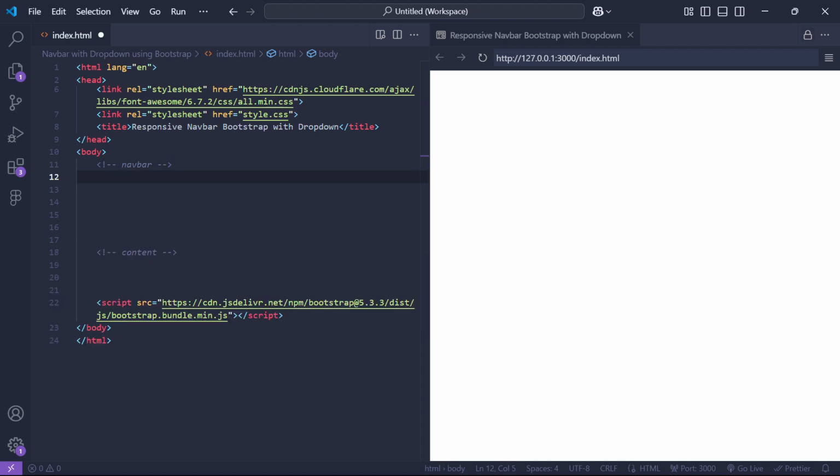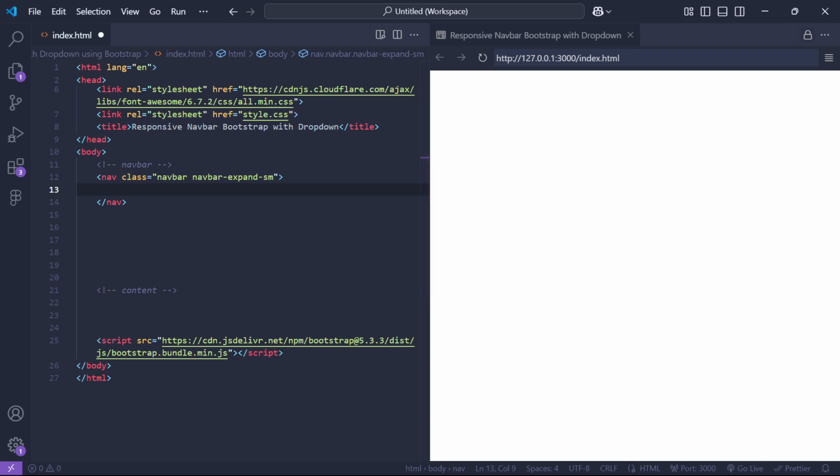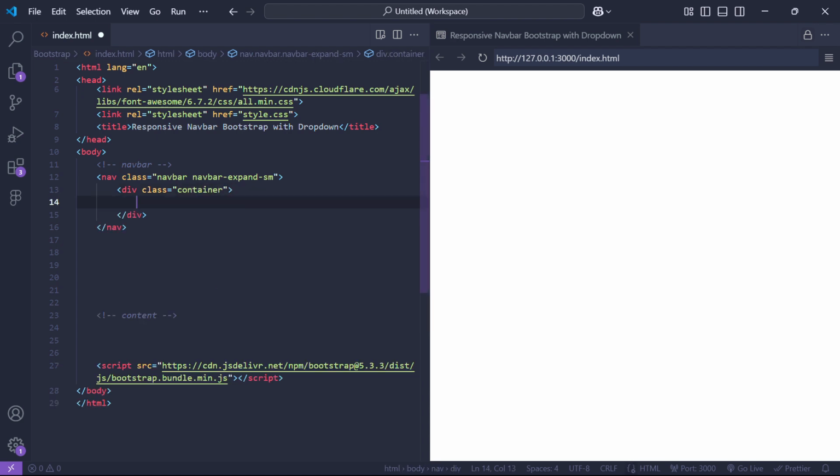We start by creating a nav element and give it two Bootstrap classes. The first, navbar, activates Bootstrap's navbar styling. The second is navbar-expand-sm, which means the navbar will expand on small screens and above and collapse into a hamburger on mobile. Next, we wrap the navbar content inside a Bootstrap container to center everything and give it nice